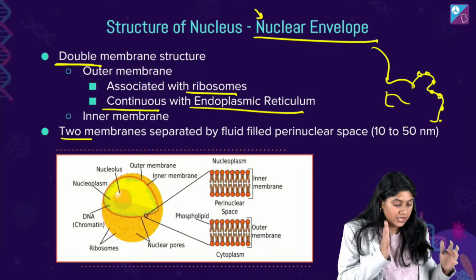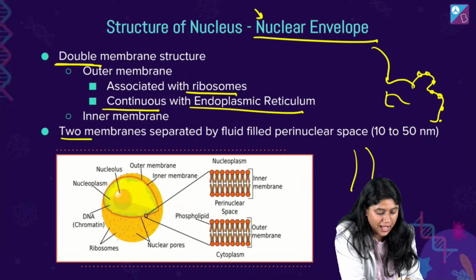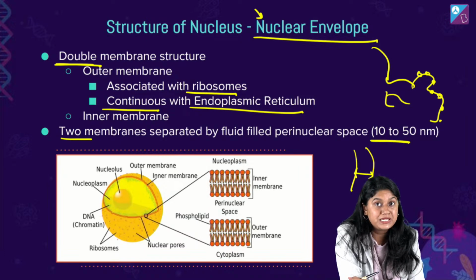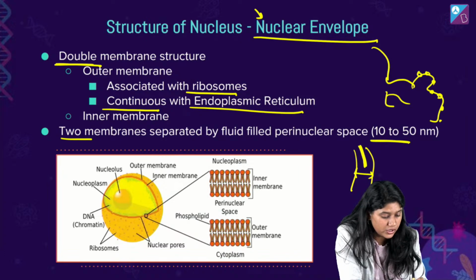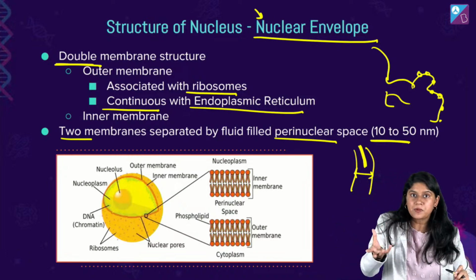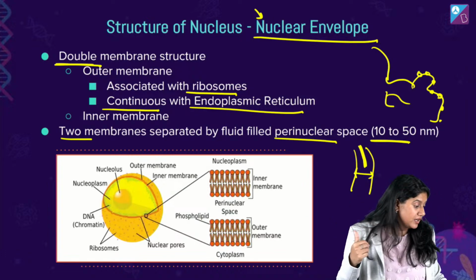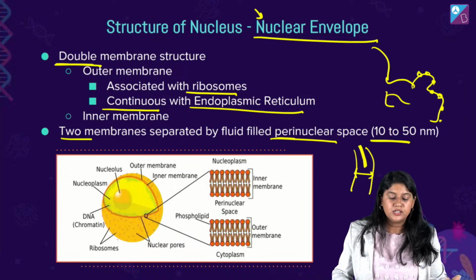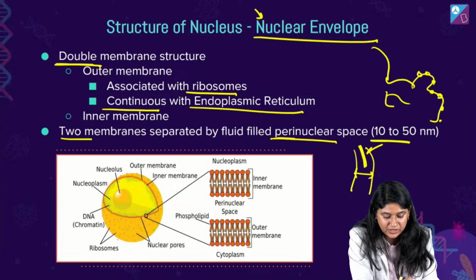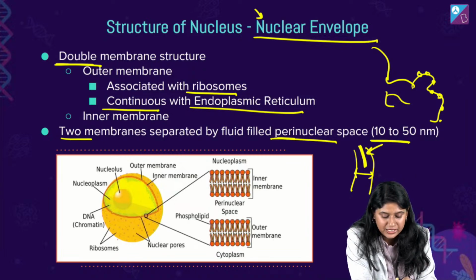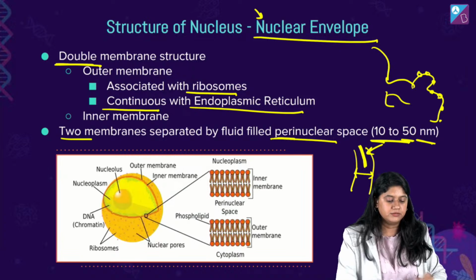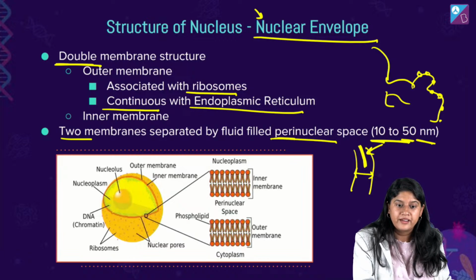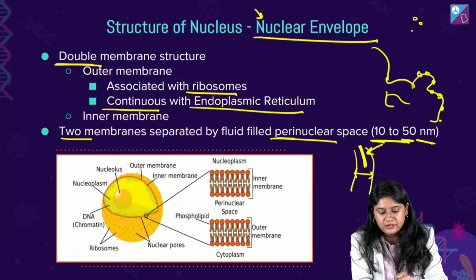Inner membrane भी है. इसके अलावा इन दोनों membrane के बीच में जो gap है, जो distance है, वो कितना है? 10 to 50 nanometer. And this particular space is filled with fluid, उसे क्या बोलते हैं? Perinuclear space. Clear everyone? Yes, perinuclear space. And यहाँ पे जो distance दिया है हमें, वो कितना है? 10 to 50 nanometer. Clear? इतना गैप है बीच में. Not the diameter, the gap. Yes everyone, सबको समझ में आ रहा है?